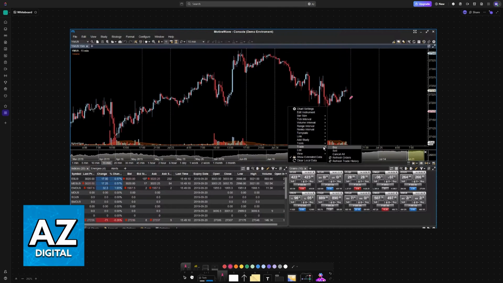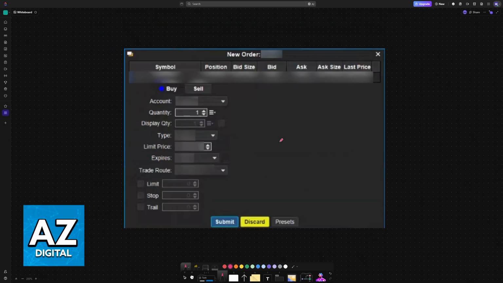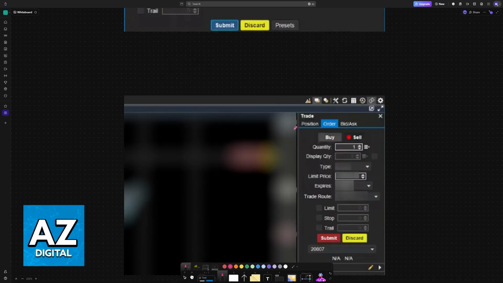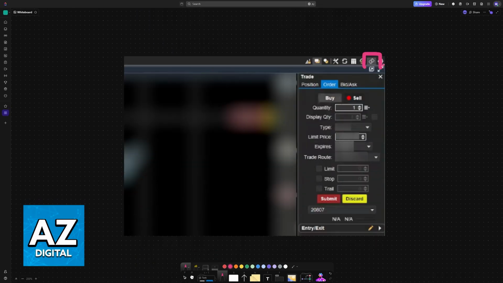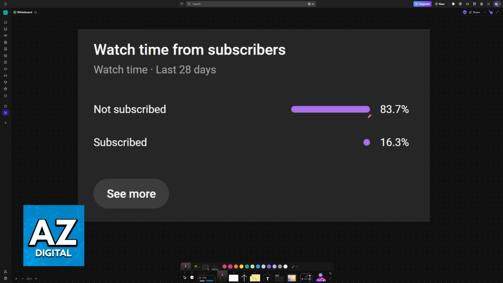And you can use the tools at the right side of the screen, or you can right-click at any time to set up trading options. So you will have buy, sell, cancel all, refresh orders, and this is how the option to set up an order looks. At the right side, you also have this button with this bill icon, which also allows you to set up orders. So I hope I was able to help you.